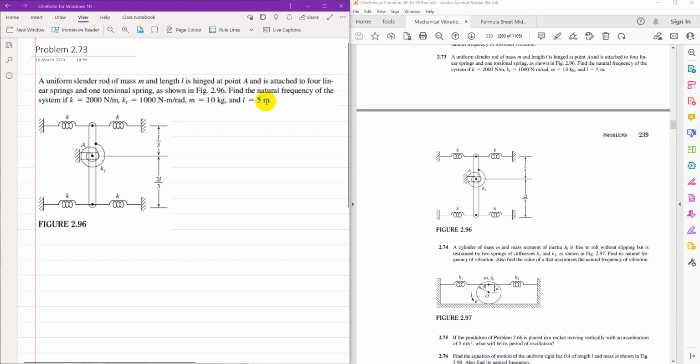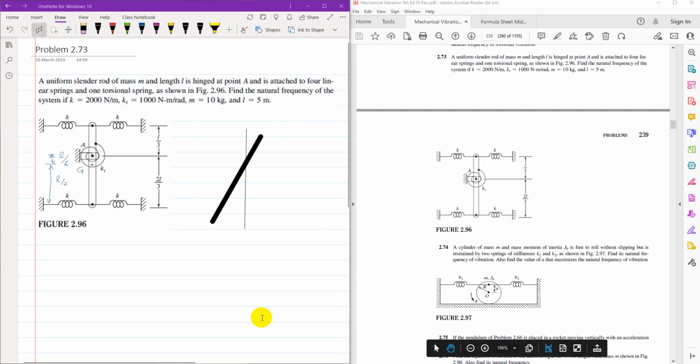So to solve this problem, we need to first select a coordinate system. And here, the most appropriate is a rotational coordinate system. So first I'm going to draw its free body diagram, and then from that free body diagram, I'll show all those forces. So let's say that is the center of mass of the rod, which from here is L by 2,